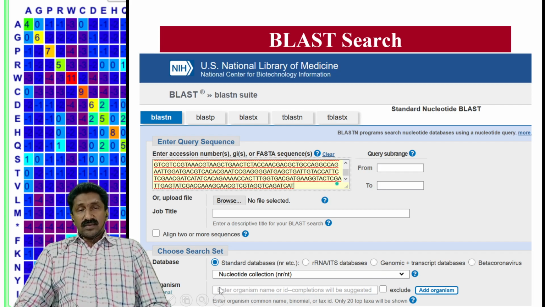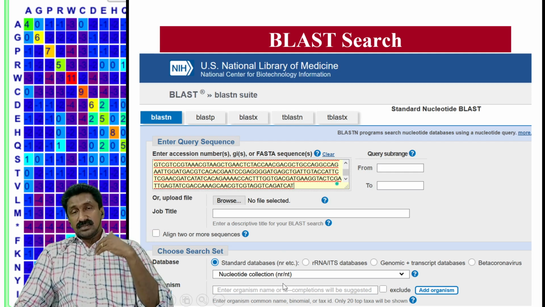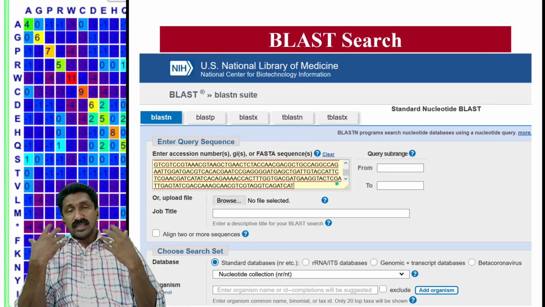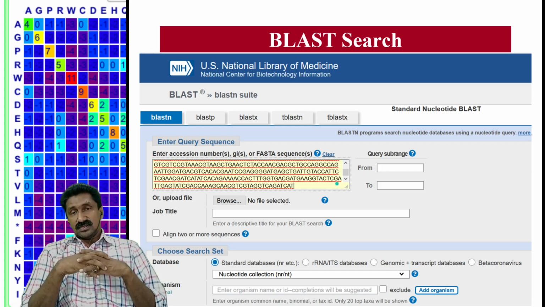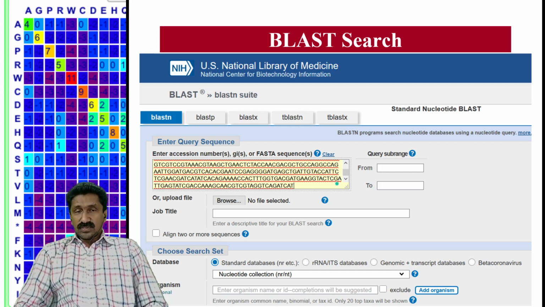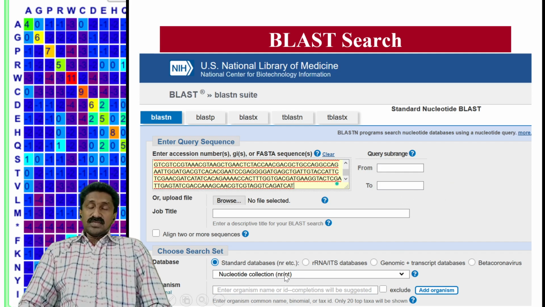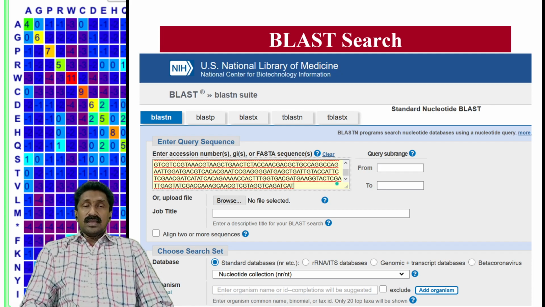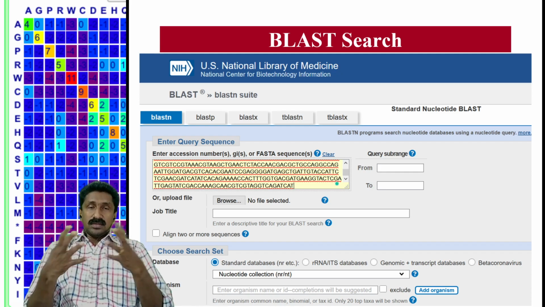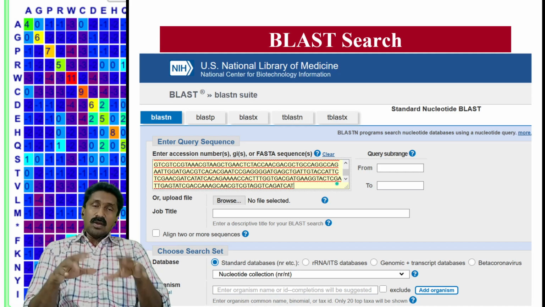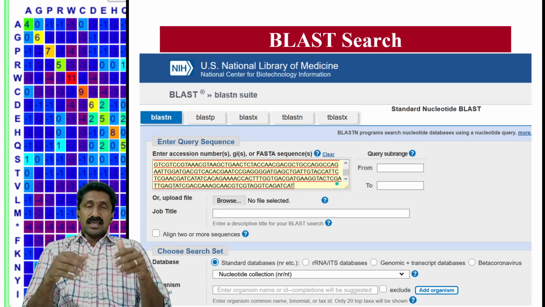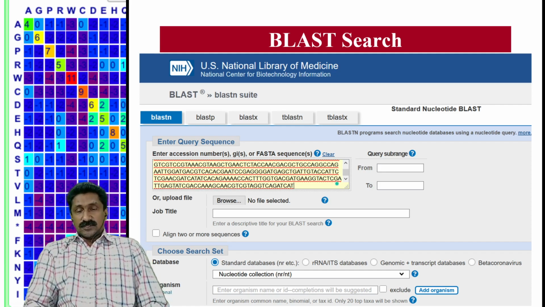For example, if you are looking for Bacillus thuringiensis, you can type the name of the organism here, and the sequence will be compared only against that particular organism's database. So there are various options, but if you select nucleotide collection, which is the default one, that will give you a broad range of search in the entire NCBI database, and all the possible hits will be returned.